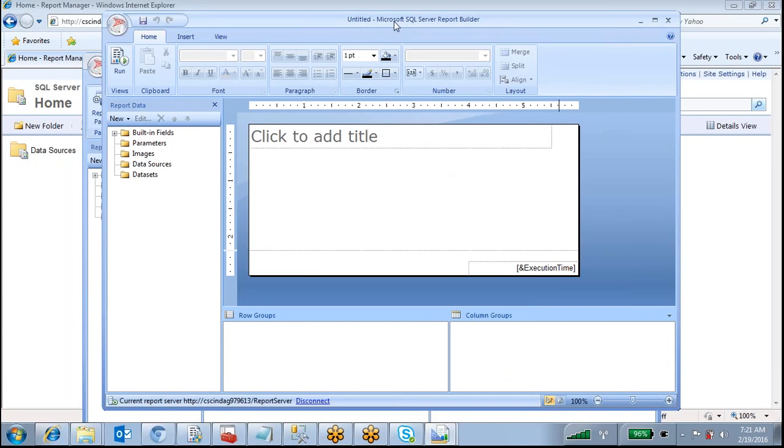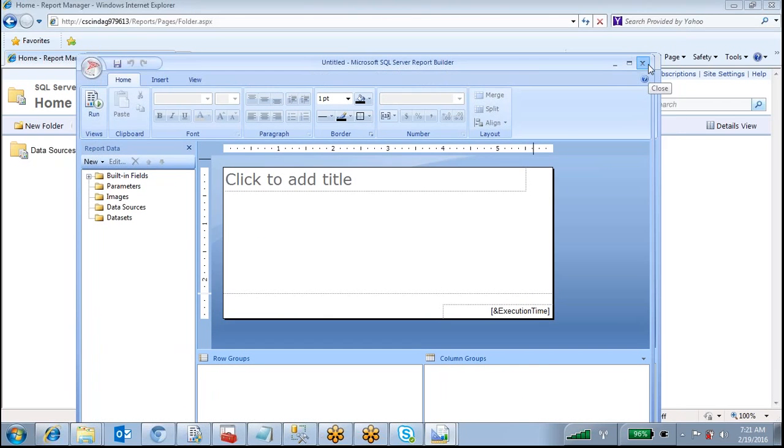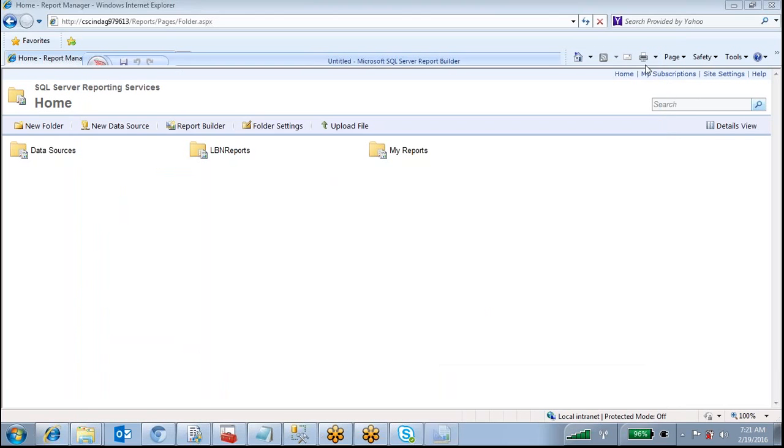Okay, so we are designing the reports in Report Designer, and we deploy them to the report server. The client wants to browse these reports from the report manager URL, or sometimes through a front-end application. It may be .NET, or SharePoint, or report manager. The report manager is the simplest, since it is already designed by Microsoft, right?